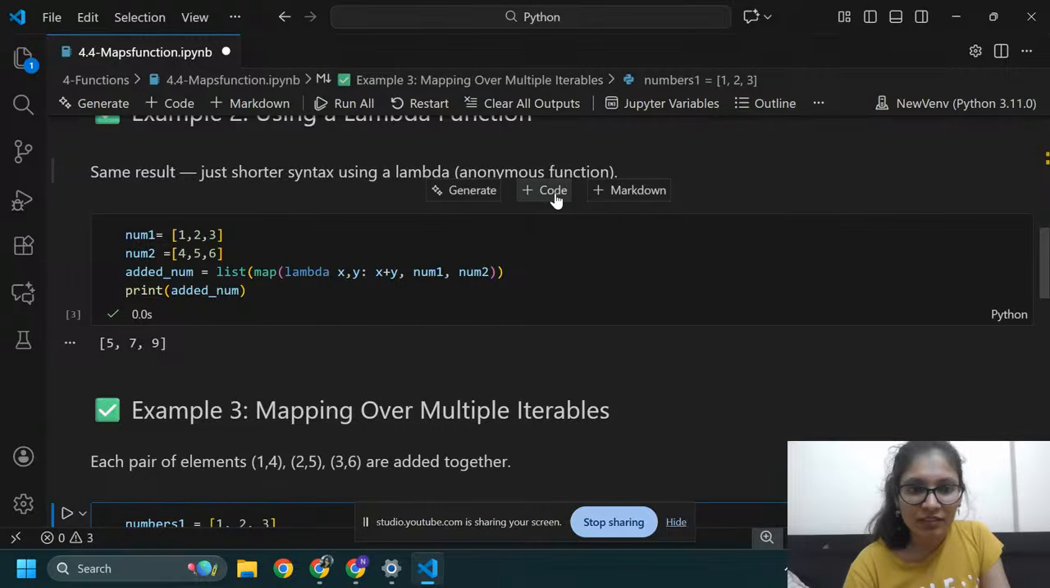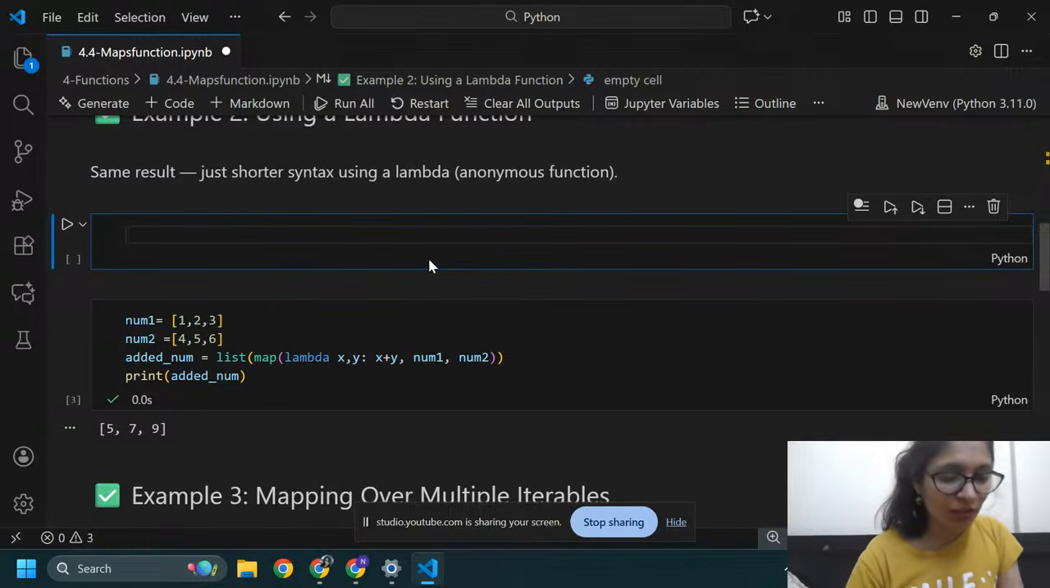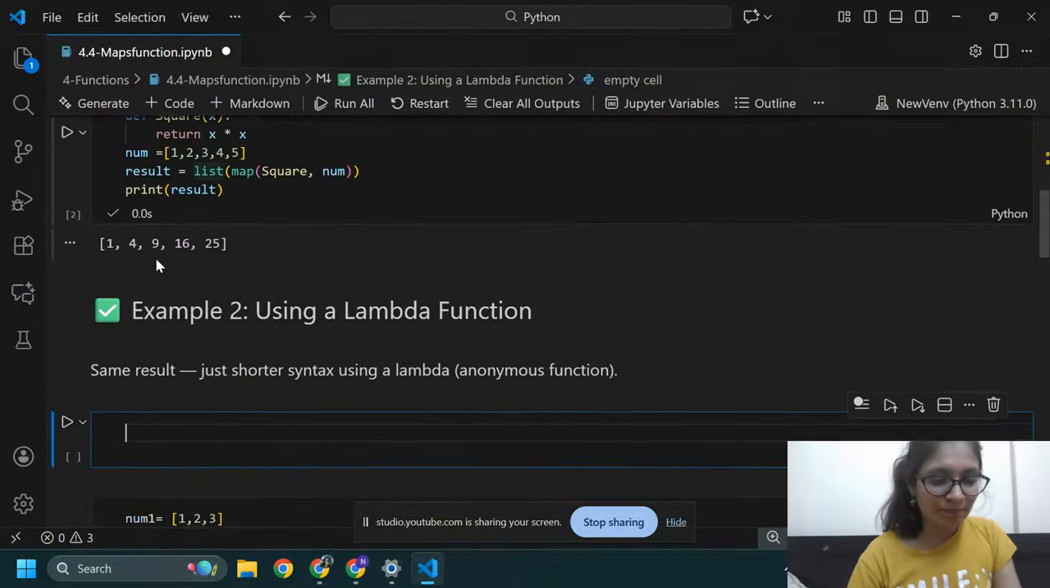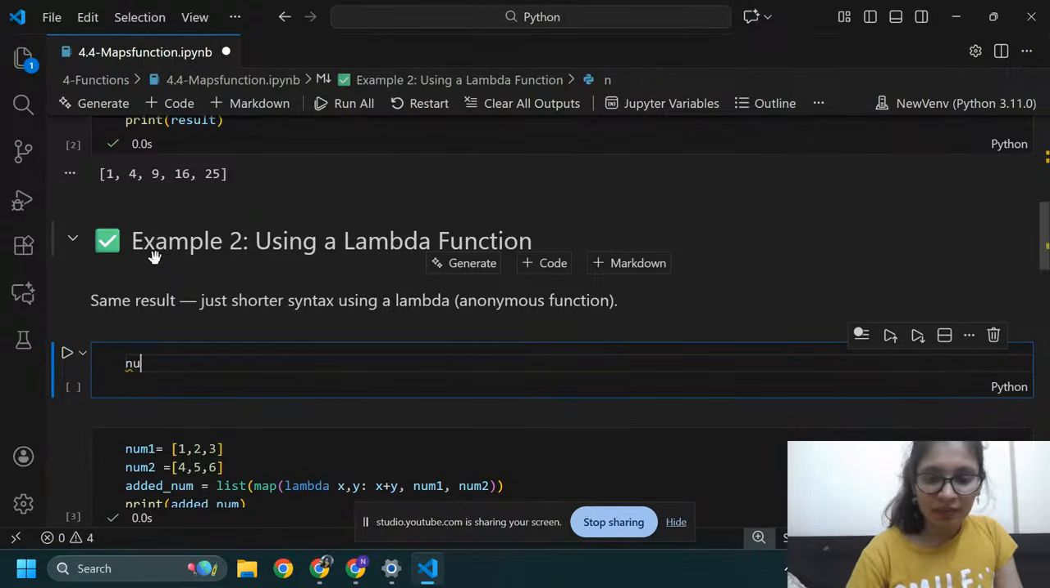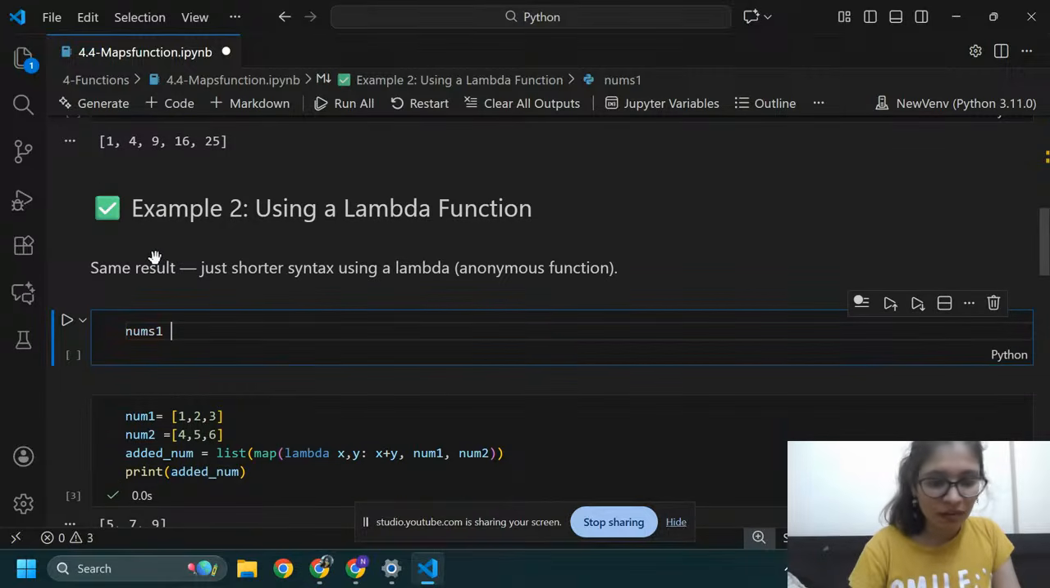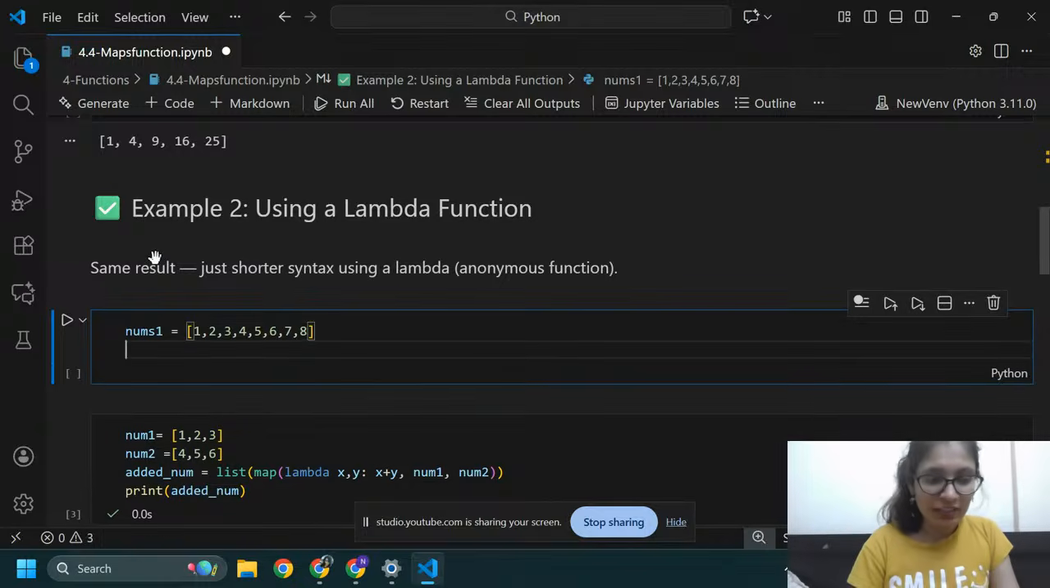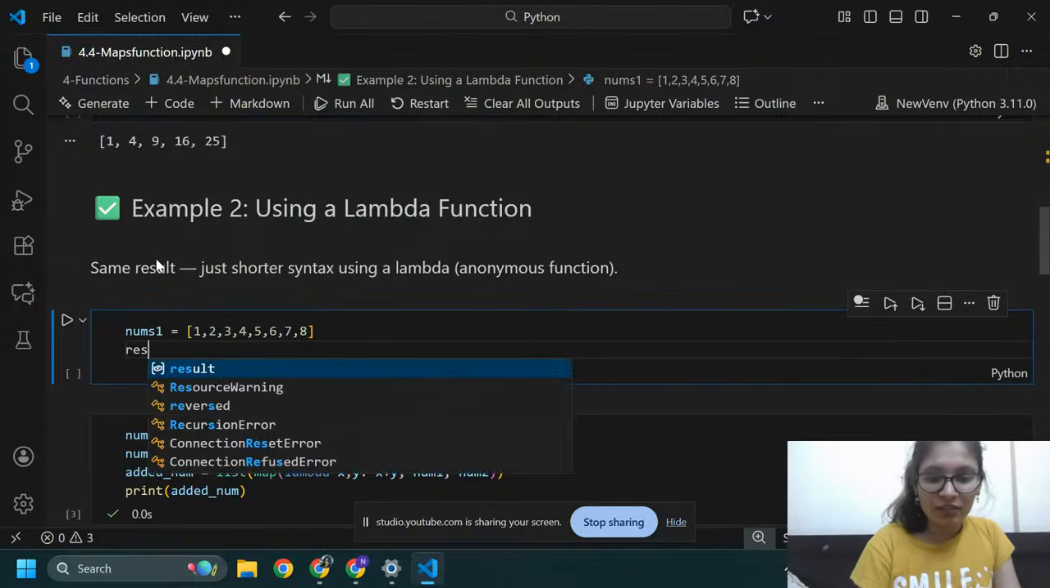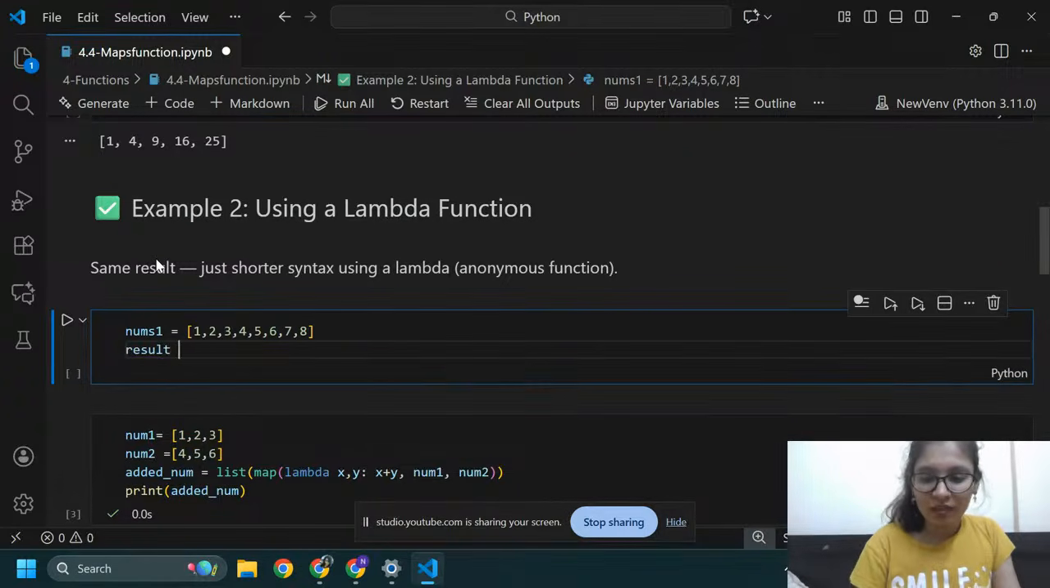I can write one more program here. If we have numbers equals to, number 1 equals to, I have a long list 1 2 3 4 5 6 7 8. Okay, I have this list. Then result equals to list